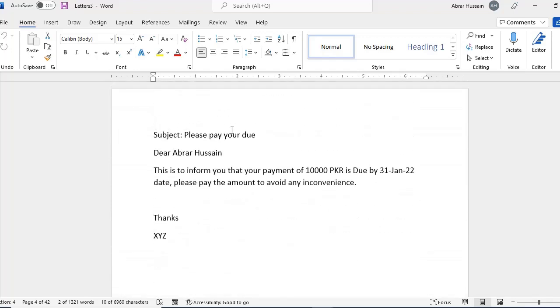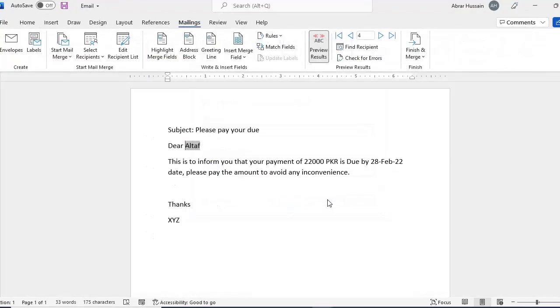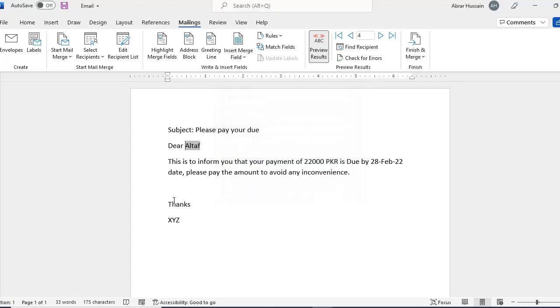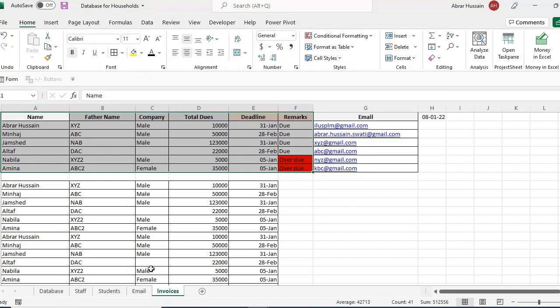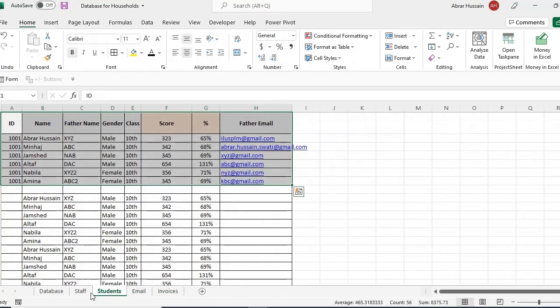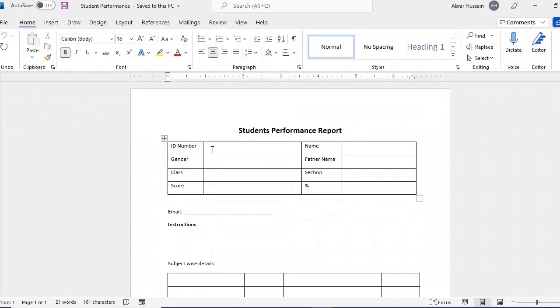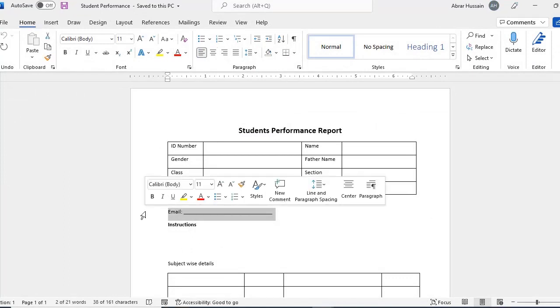And if you don't want to print them and just want to send them via email, then it's very easy. You just come here and say send email. So send email by which column? By the email column. Then all those people will receive this type of email. So that's it. For example, if you have a lot of students and you want their parents to know about their performance, and you want to send that via email,